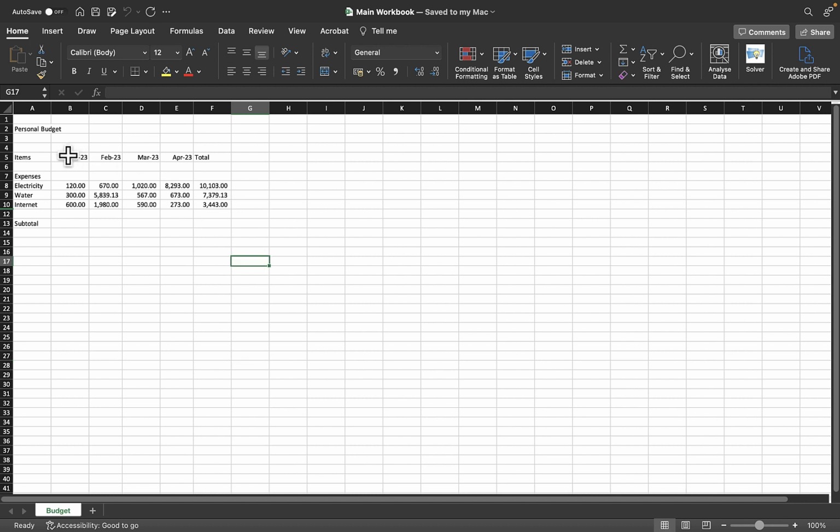So I want to make my total bold. The way to do it is go to the Home ribbon tab and click on B. I want this data here to be italic, so I just click on I. Okay, so that's how it looks better. So this is font formatting, and if I click here again, bold,